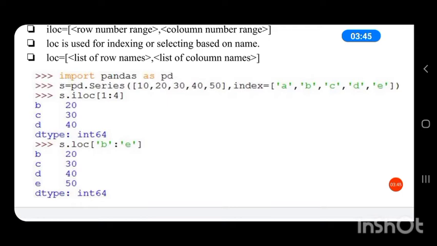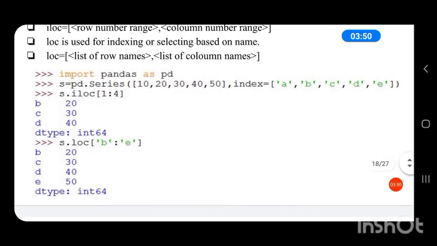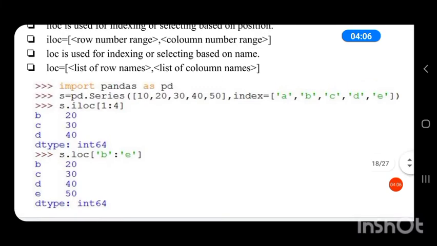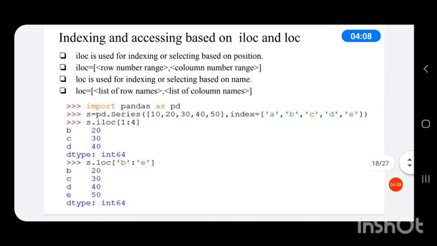That is, B and its corresponding value, index C and its corresponding value, index D and its corresponding value, index E and its corresponding value are selected. Here we are not performing B to E minus 1. Here all the 4 values are selected. Okay. So this is how indexing and accessing, that is slicing, is performed on the basis of ILOC and LOC.